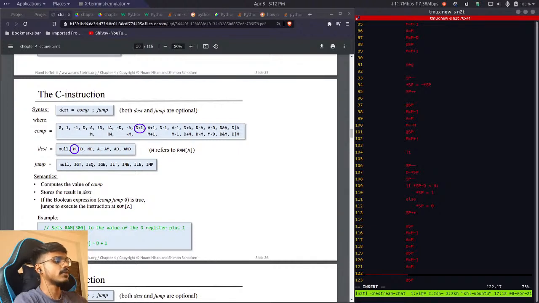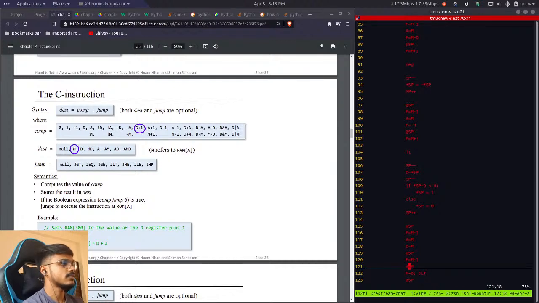Now I can do m minus d. This will be the computation, and for the jump I should write jlt. What this will do is, if m minus d returns a result which is less than 0,